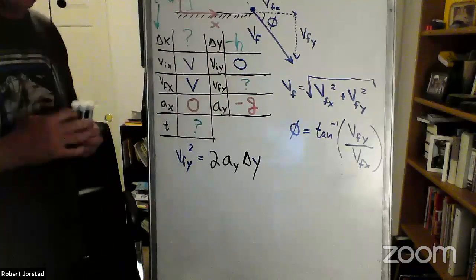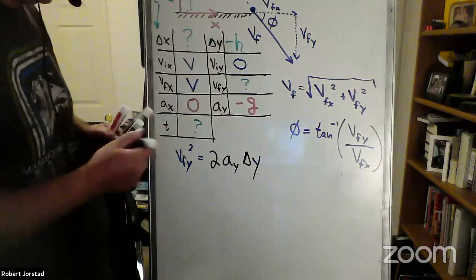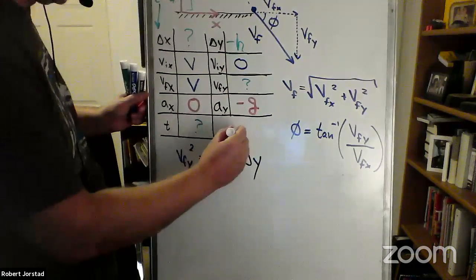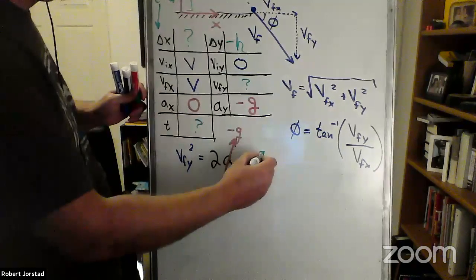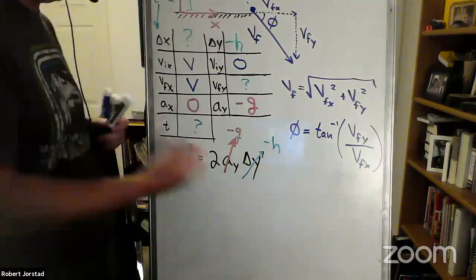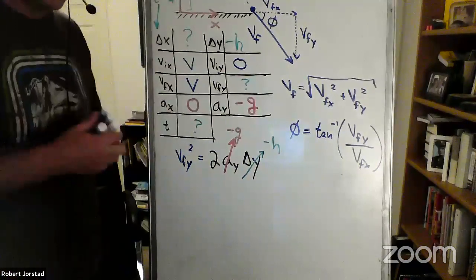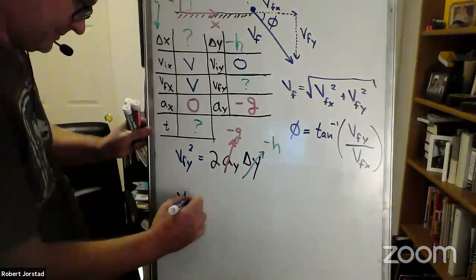Now, that was again because the initial y was 0 in this problem. So now, if I plug this in, this one right here is negative g. This one right here is negative h. Notice the minus signs cancel, and we see that you get a positive number here for the squared. So that's looking okay. And I think what we get is